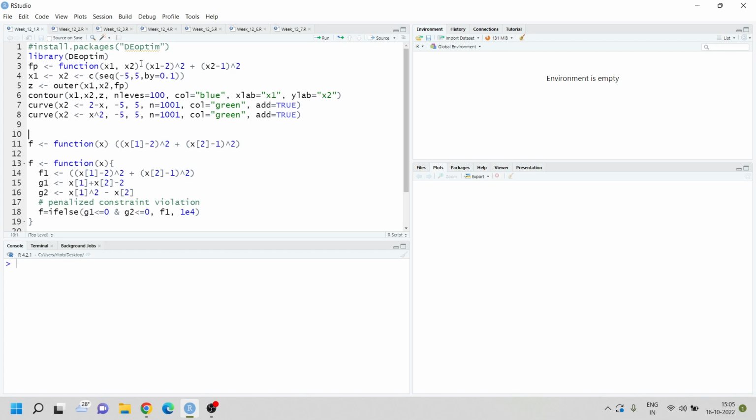So the first problem is on differential evolution, and the theory of it you have already seen in the